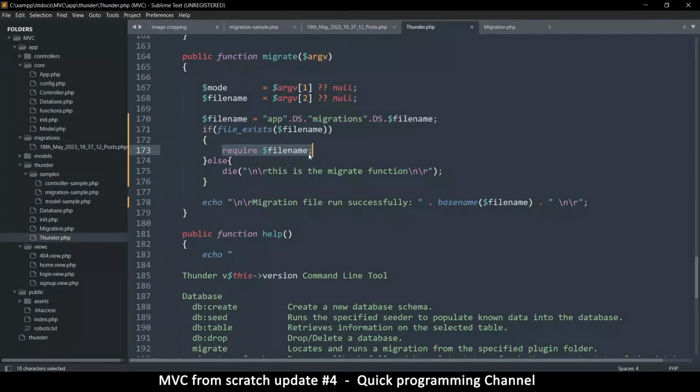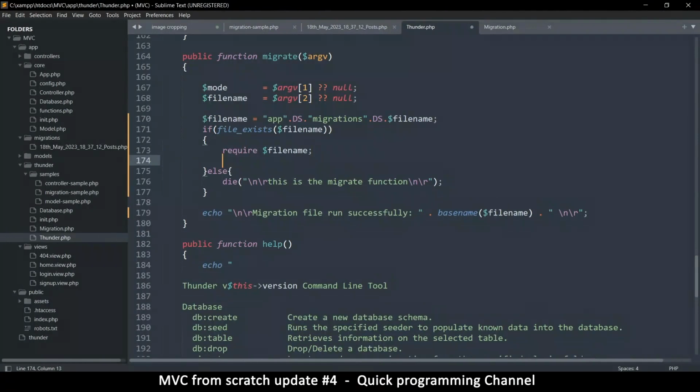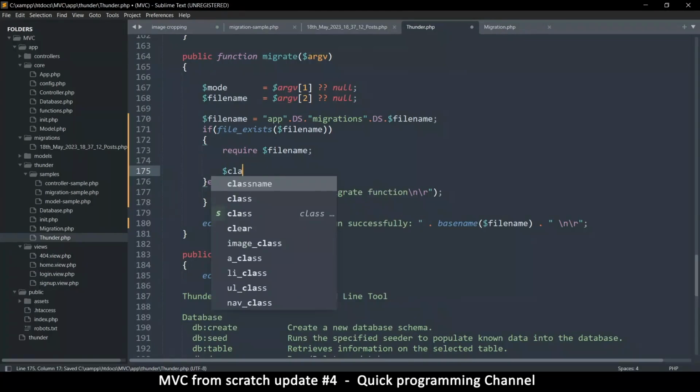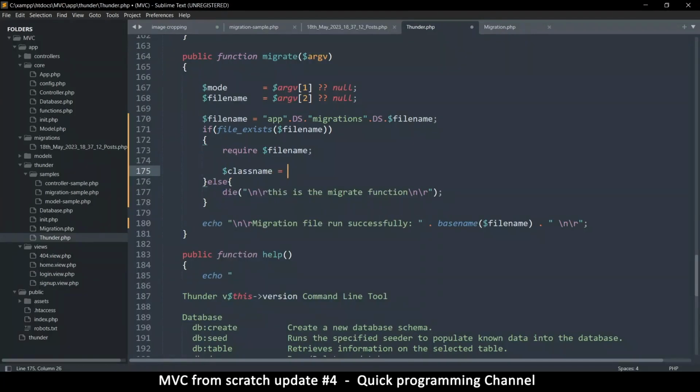So inside thunder here, let's grab the basename. Actually, we don't even need that. Once we require it, the class name is going to be equal to